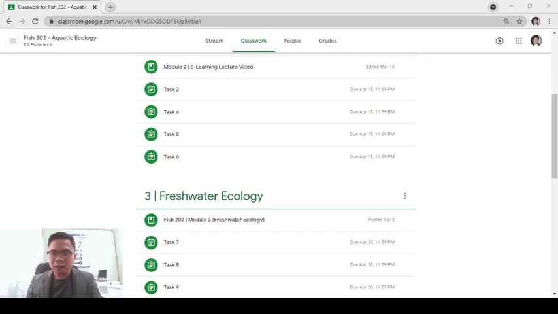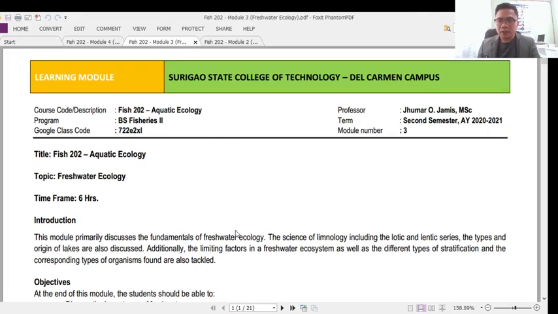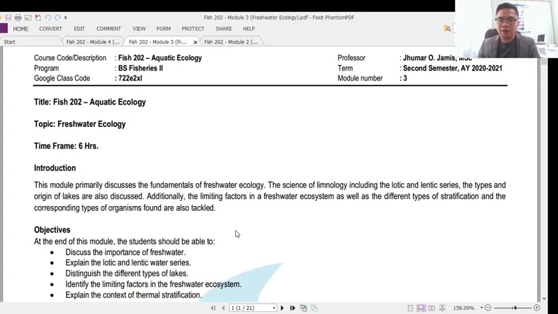And further, we also discussed that limnology is classified further into a Lotic and Lentic environment. Now, today, we will be talking more about the aquatic environment, focusing on the freshwater ecology. So this module will teach you the fundamentals of freshwater ecology, so the science of limnology, including the Lotic and Lentic series, although we have already tackled some of these fundamentals